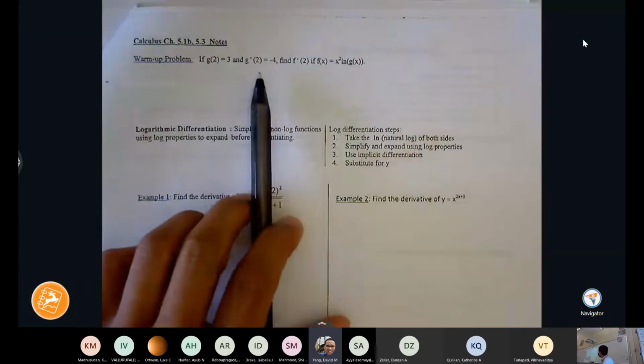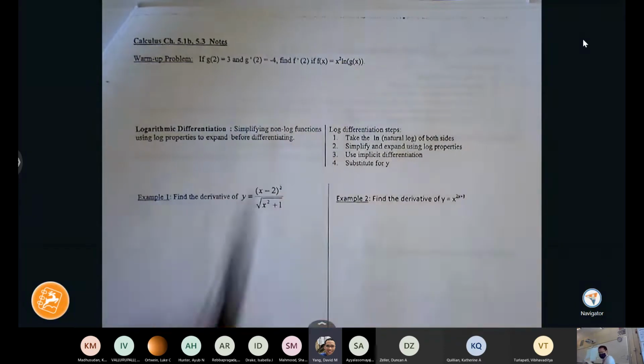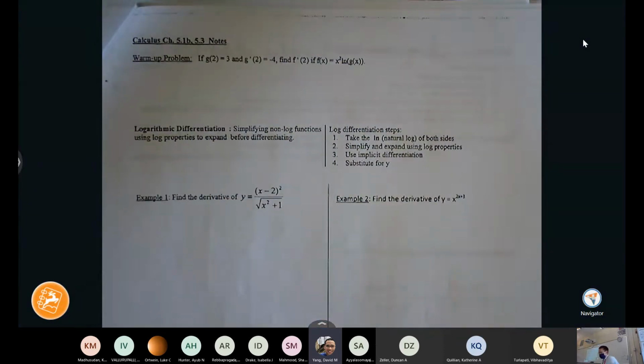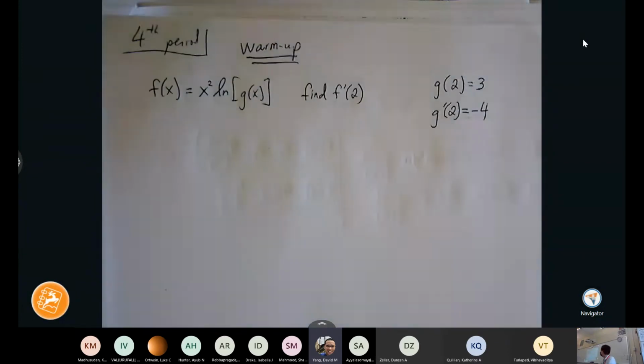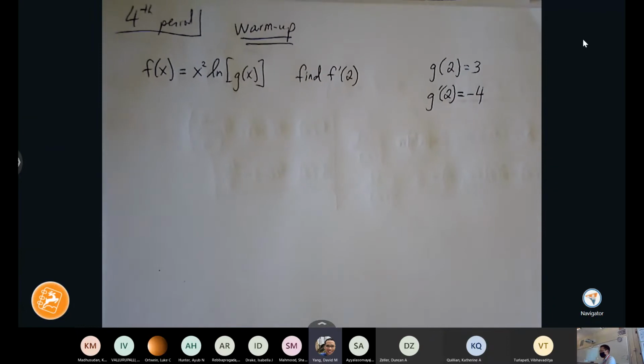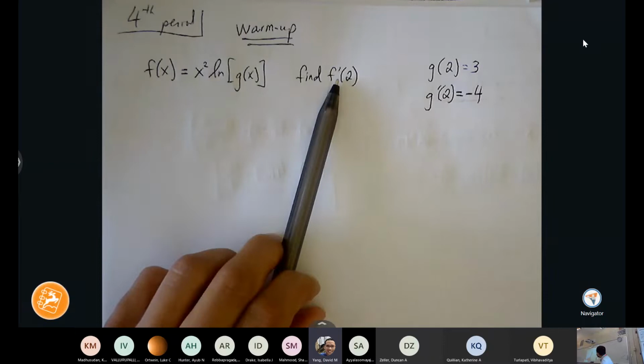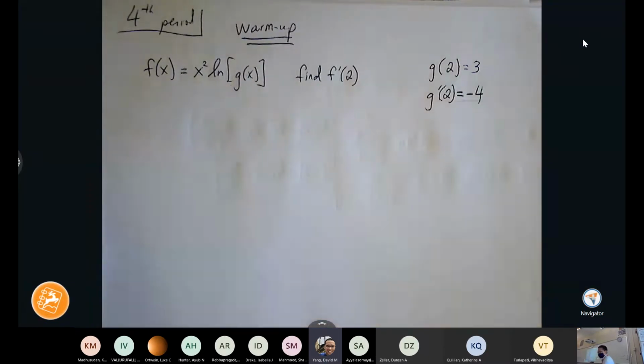So we'll start with this warm-up problem. I'll put this on a separate sheet just to give myself more space as well. So here's the problem. We're going to find the derivative and then plug in the x value. And